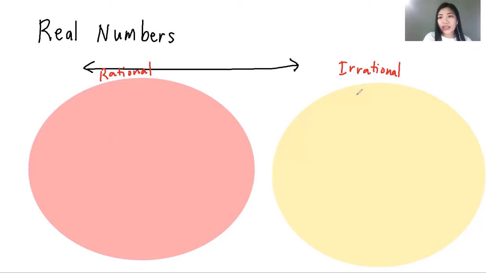Okay, so rational numbers, these are numbers that can be written in the form of integers or any number. So I'll be giving some examples under the rational numbers. Then I'll also be identifying some examples for irrational numbers. For rational numbers, there are different classifications. The first one is the integers. Okay, so under the rational numbers, we have the